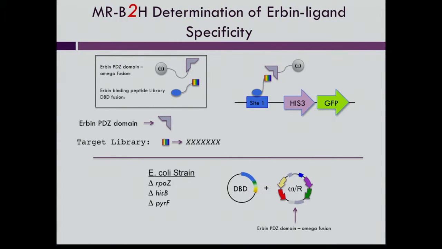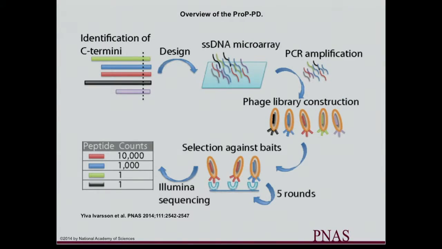But at this point, what we've been talking about are one-to-one interactions that we've set up. What we'd ultimately like to be able to do is screen through libraries. So the first library that we built was completely randomizing the last 7 amino acids, or the C-terminal 7 amino acids of a protein. We have this library, we're testing it, but I'm not going to show you anything that we've done with it, because I think a more informed library that we've built has been in collaboration with one